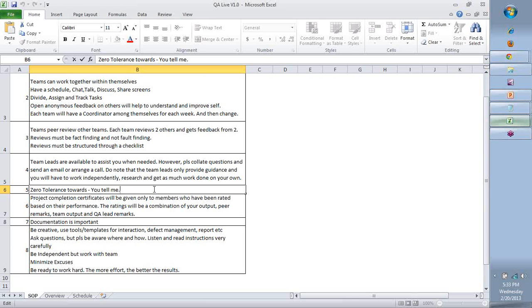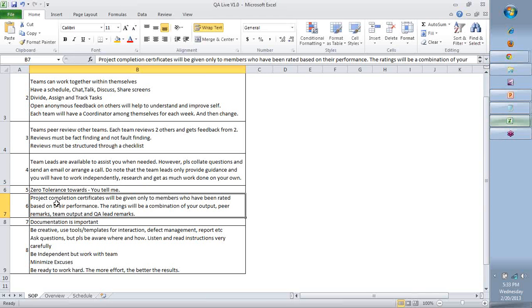Like no politics, no trying to be late for the meetings. For example, even for this meeting, there were members who were late. I understand some of you are not able to join, but it doesn't give a proper look, right? It's your first day on the project. Everyone is sitting down, everyone is looking at each other, everyone is attentive, and then you join in. It shows too much casualness. How serious are you about the whole thing? That's very important.